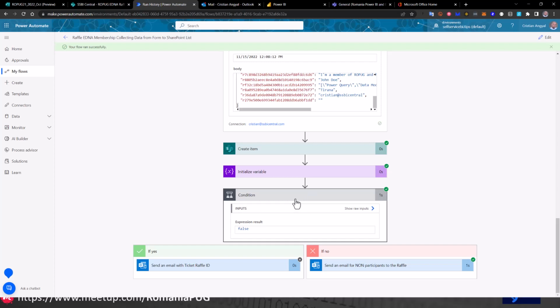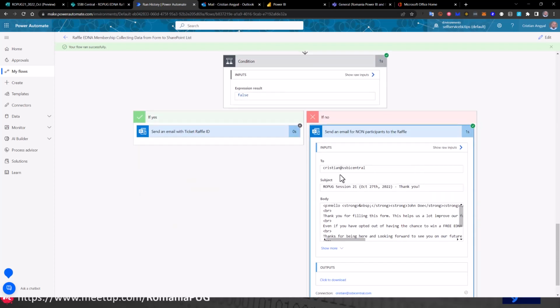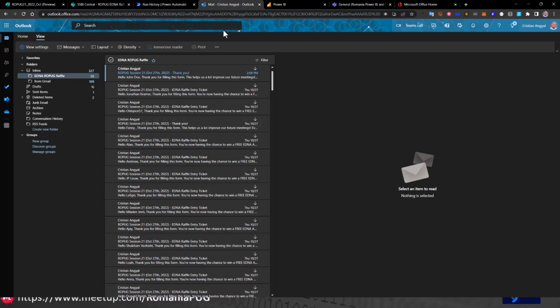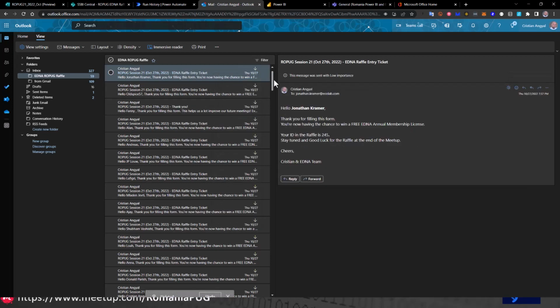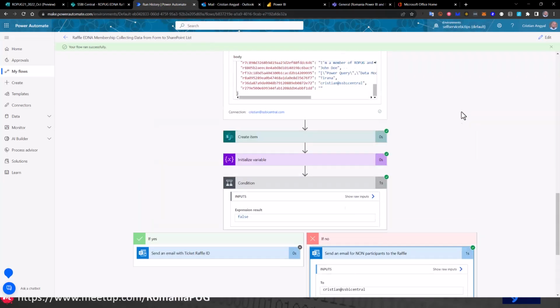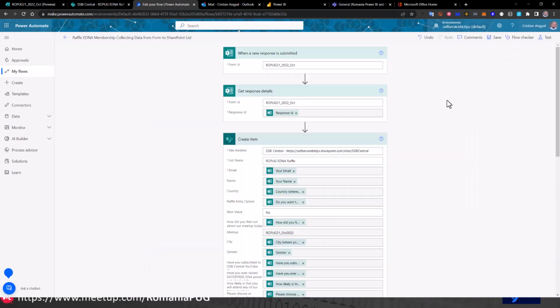So I didn't want to participate in the raffle, and I should have got an email like this. Let's check the email, and of course I have it. Dear John Doe, thank you for filling this form. So it's working. Let's delete this email for now and try again with an actual participant. So edit the flow, save it again,